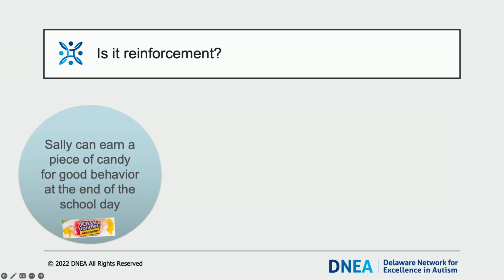Reinforcement does not equal bribery. Basically, it comes down to timing. If you said to your son or daughter, "Today, if we play nicely with each other at the park, we will go and get ice cream afterwards," that would be considered positive reinforcement. Well, if it increased desired behavior in the future.